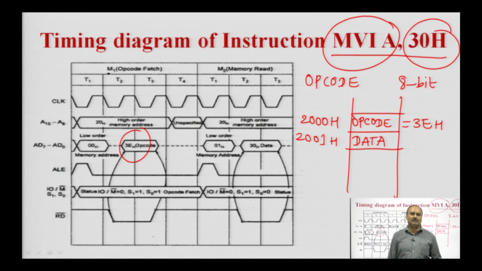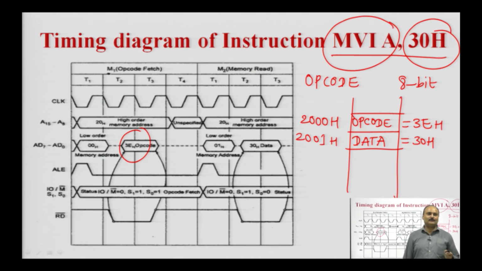data into the accumulator. So, for MVI A the operation code is 3E, which is present in memory location 2000H, and at memory location 2001H the 8-bit data is nothing but 30H. Naturally, 2 consecutive memory locations are required because it is a 2 byte long instruction. The first memory location is used for the operation code, and the second memory location, that is 2001H, is for the 8-bit data, which is 30H in this particular case.